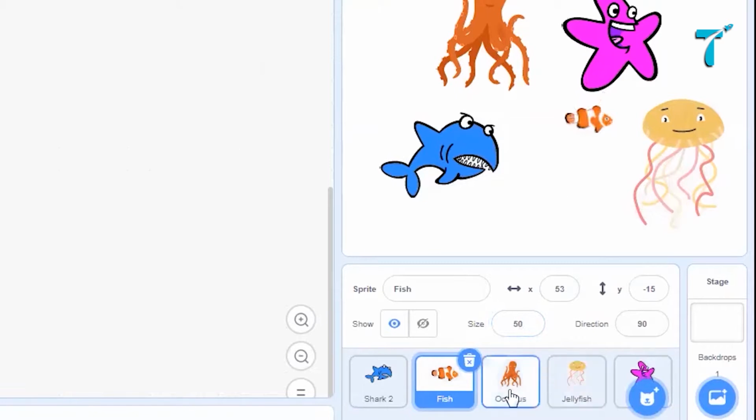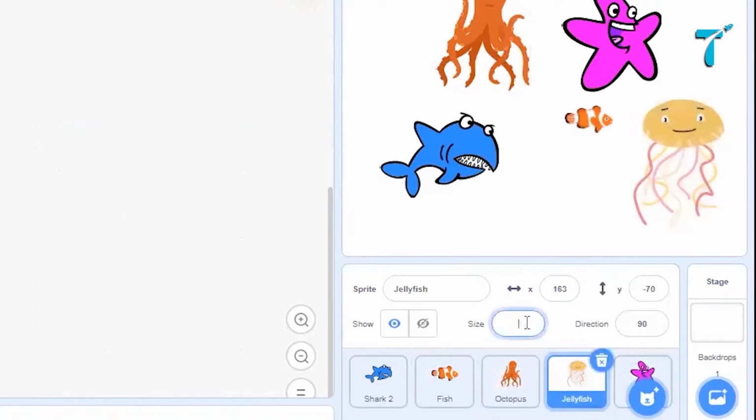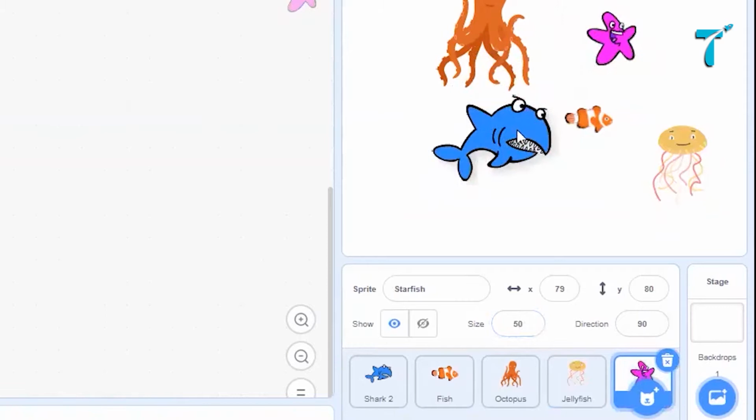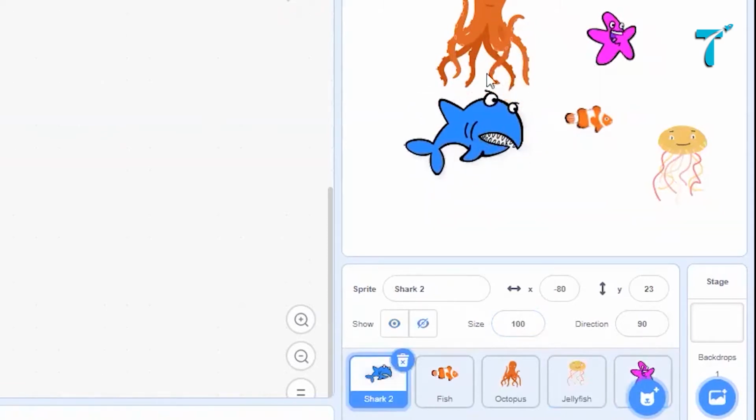Let us change for the other characters as well. I will not change for the octopus. This size is fine for this game. 60, okay. And for starfish, let us make it 50. Yes, so this size is okay for the sprites.